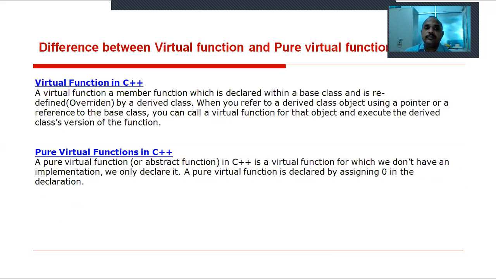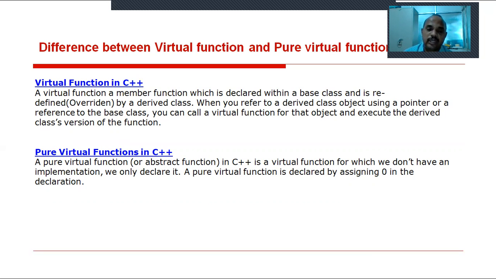Clear? Then what are the differences between virtual functions and pure virtual functions? Simply, what is a virtual function? A virtual function is a member function which is declared within a base class and is redefined, simply overridden, by a derived class. Clear? When you refer to a derived class object using a pointer or a reference to the base class,